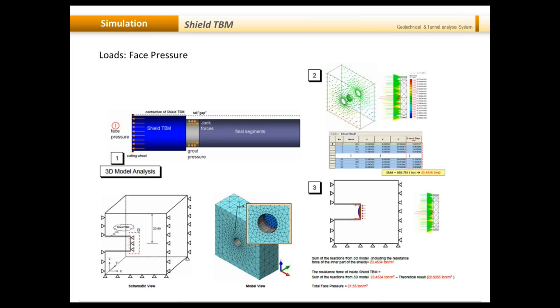So the face pressure. For estimating the face pressure, if you remember, this is one of the main challenges when you're dealing with a tunnel boring machine, and this has led to several complications in the field. So in order to assess the face pressure accurately, what you have to do is first create a 3D model which is static. So you are not simulating any construction sequence in there. You just create a model and apply